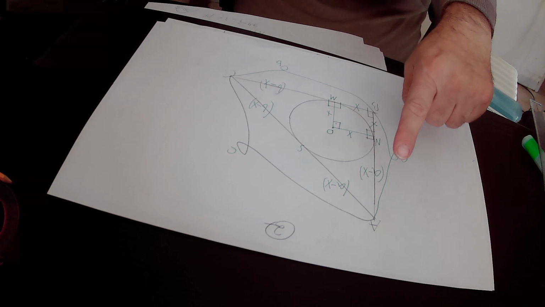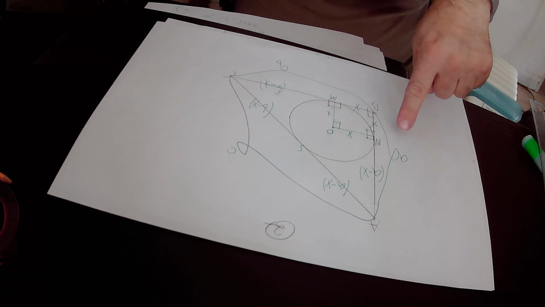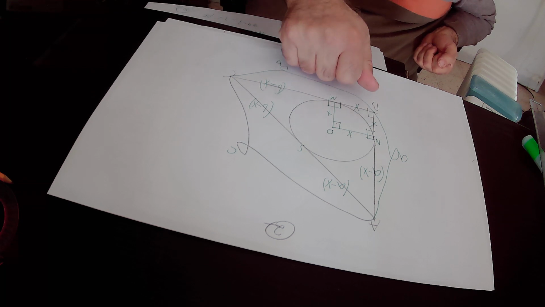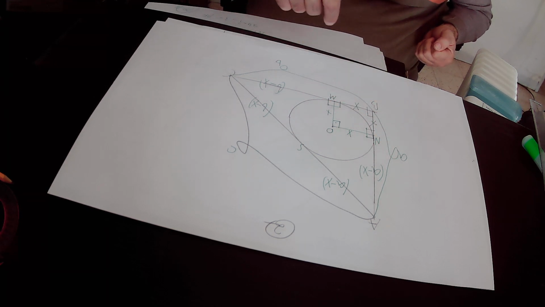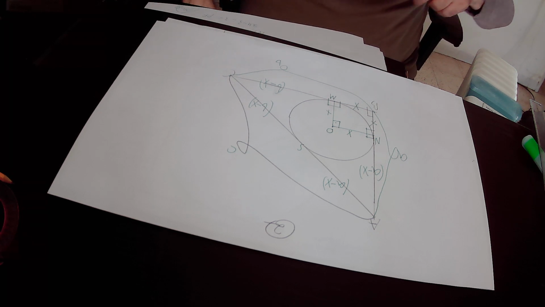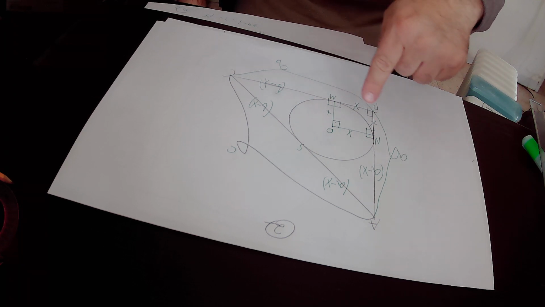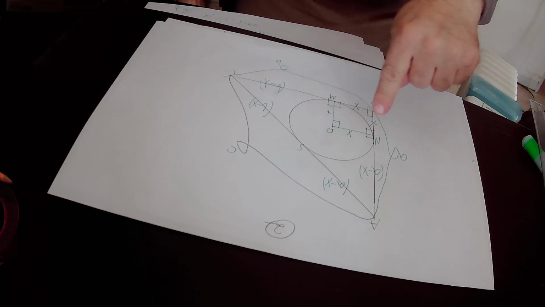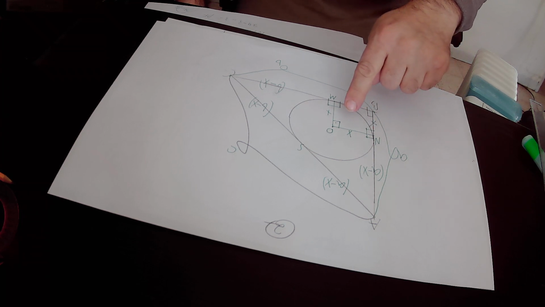We define the point of tangency of tangent AB with this circle as N. We join points O and N together by a line. ON is the radius of the circle, equal to X. The radius ON is drawn to point N, the point of tangency of tangent AB with this circle. Whenever a radius is drawn to the point of tangency, the tangent AB is perpendicular to the radius NO. If AB is perpendicular to NO, this angle equals 90 degrees and this angle equals 90 degrees. So inside quadrangle ONBM, we have 1, 2, 3 right angles, therefore the fourth angle must be equal